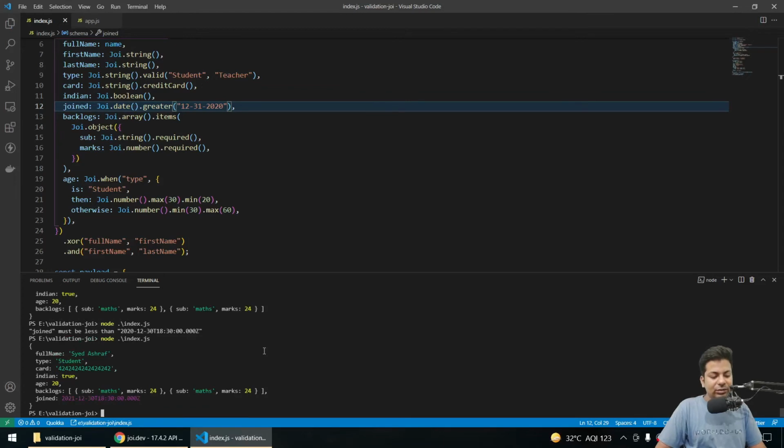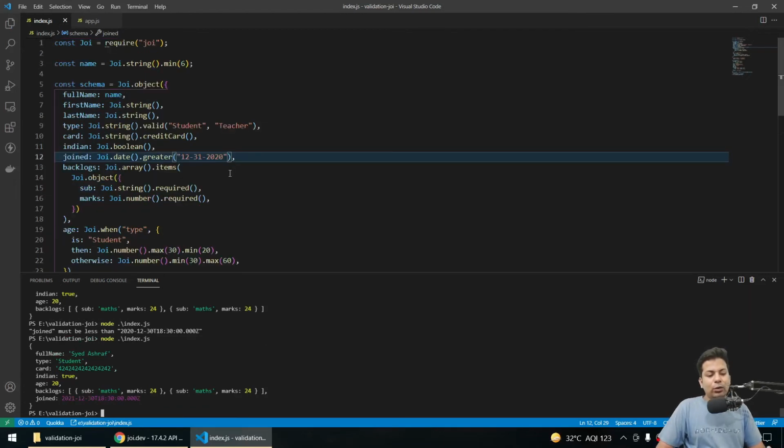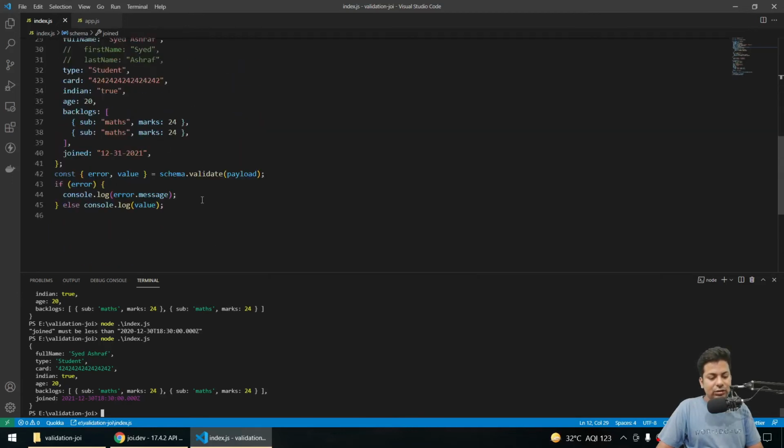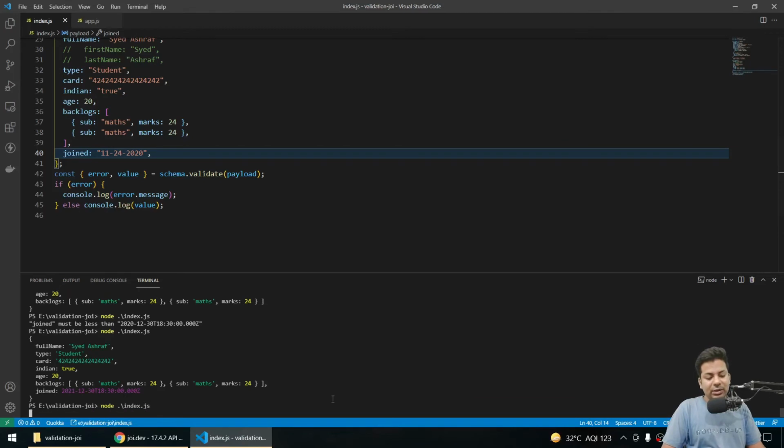So see, it passed, because my institute opened in 2020, you can't join before 12/31. If I send a value which is less than that, say 2020, 24th of the 11th month, that's less than, and it should be greater than that date.